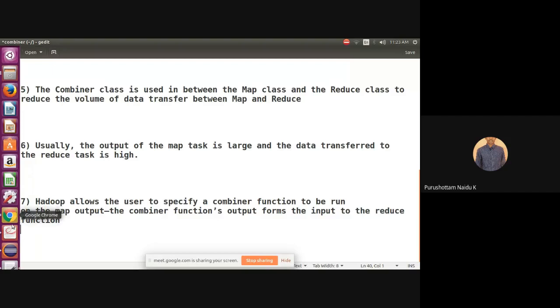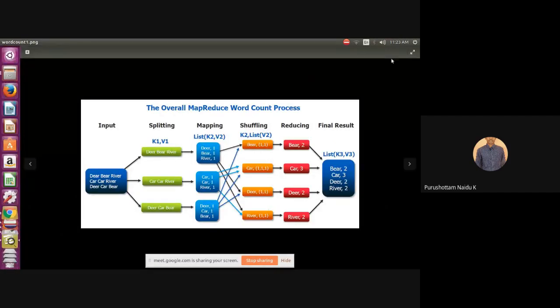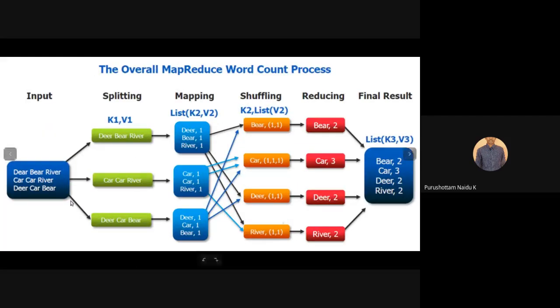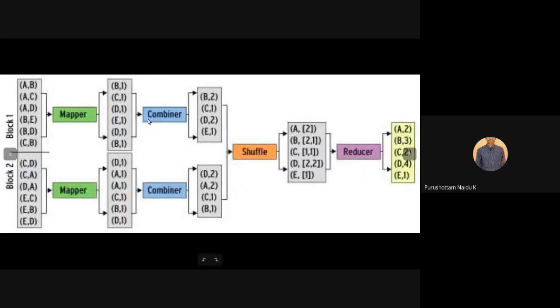So again, we go back to the previous example. Here we are maintaining the combiner in between the mapper and the reducer.